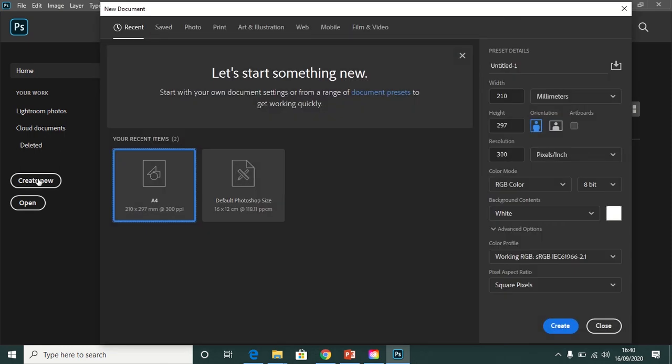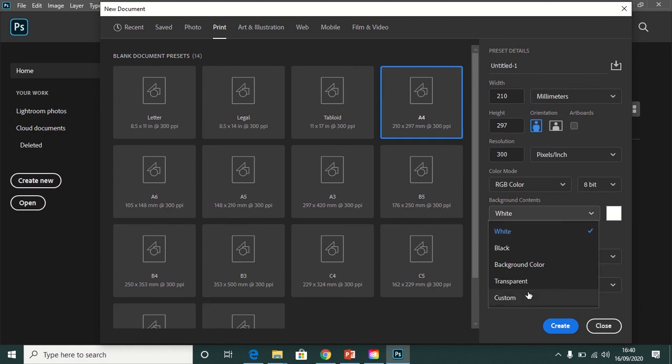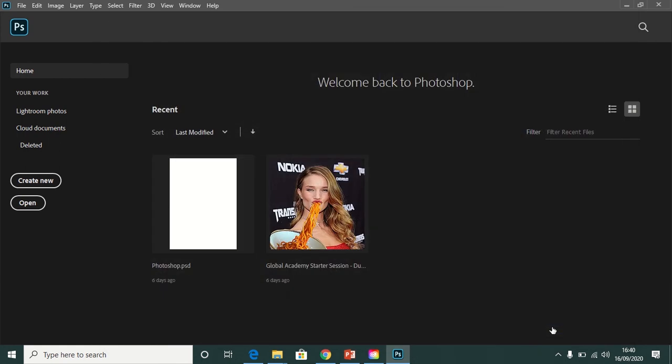You need to click Create New and then decide what size of digital paper you would like to work with. So if you want the standard sizes, click Print on the top here and then click on A4. Leave the resolution by default as 300 pixels per inch, or some people know that as DPI. And if you want to, you can make your background contents transparent. That can be quite useful if you're creating, for example, a logo and you wish to save it but you don't want the background to be white. So I'm going to keep it transparent anyway, because when I create it, and I've just clicked create,